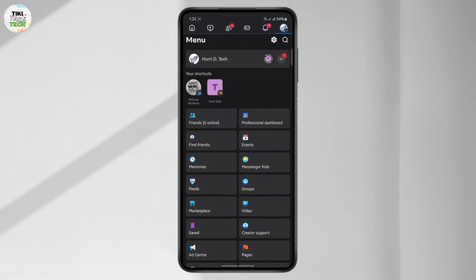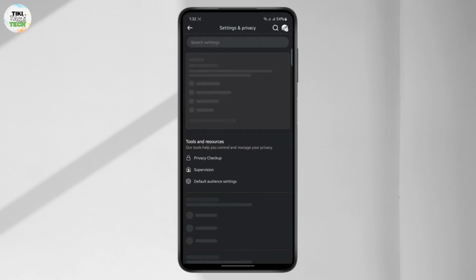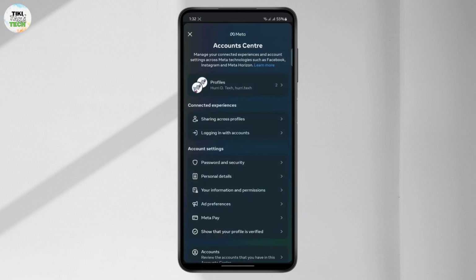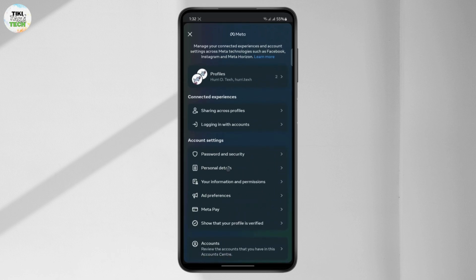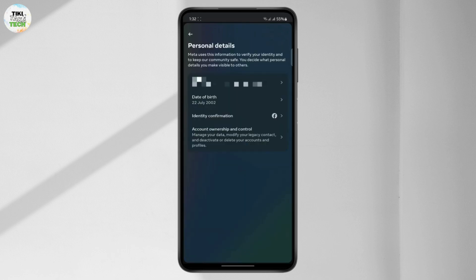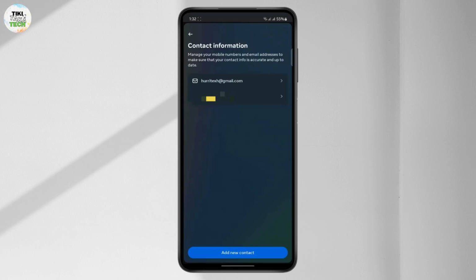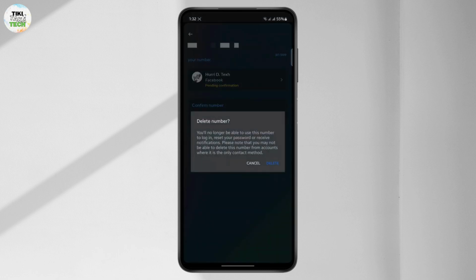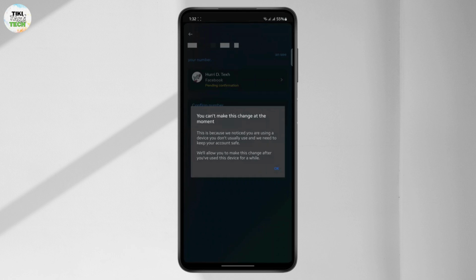If I go ahead and go to my profile and open my settings. Now from here, if I go to Account Center, you will see all of your personal details and your phone numbers right here. So just tap on Personal Details, and here on your contact information it will be shown right here. Now to delete your phone number, you can just tap on it, and after this you can just tap on Delete Number, tap on Delete, and as you can see it says you can't make this change at the